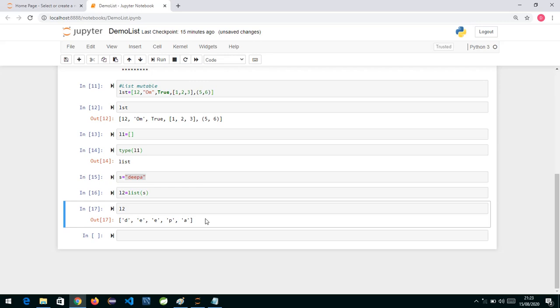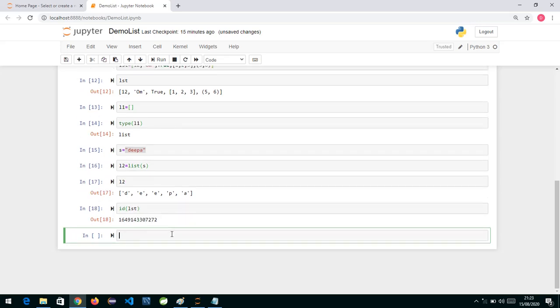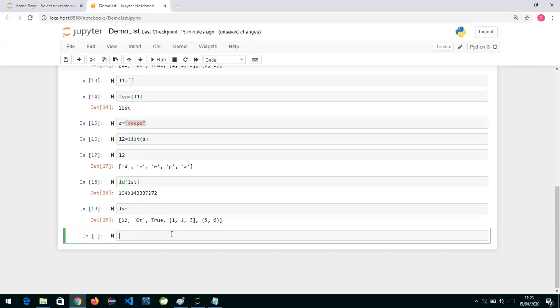Now a list can contain any type of data. Let's do this gradually. First of all, if I check the ID of the list, suppose this is the ID of the list. Now we have a method called append. This is my list, and I print it.